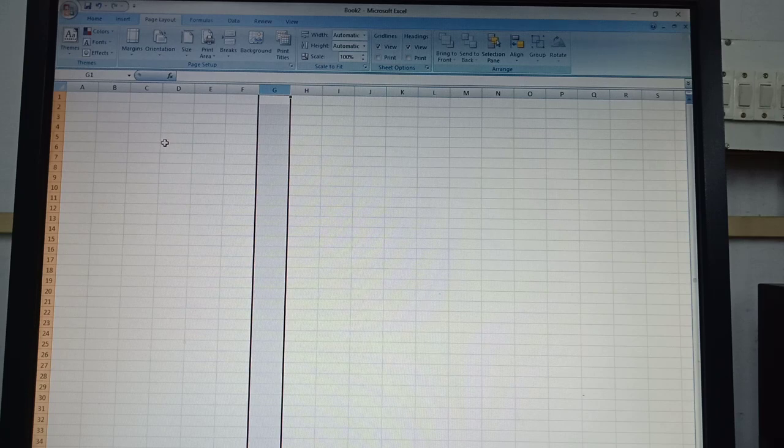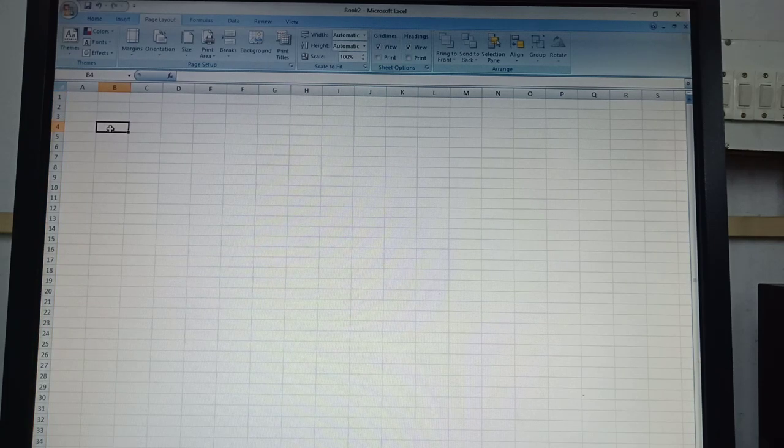We only need to write two consecutive members of that particular sequence. Say, for example, I am writing 1 here, and just after that in the next cell I will write the second number of the sequence, 2, and we will select both the cells.